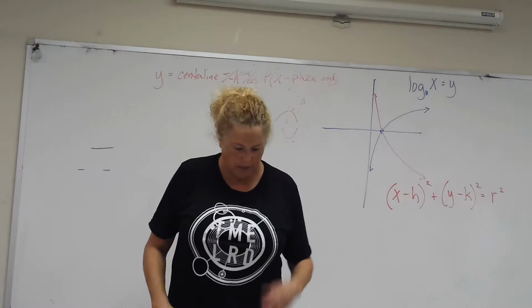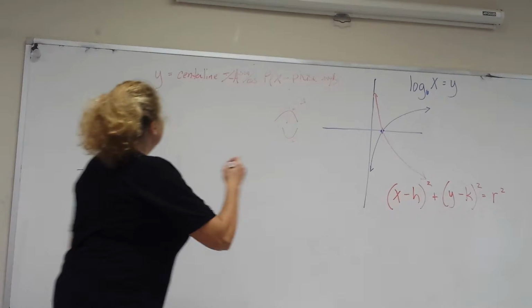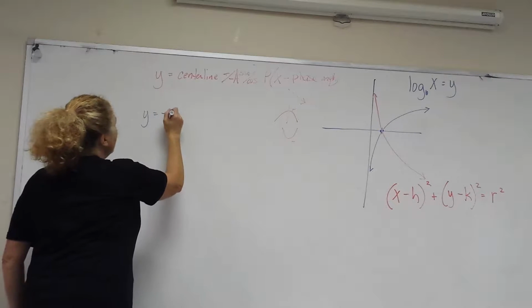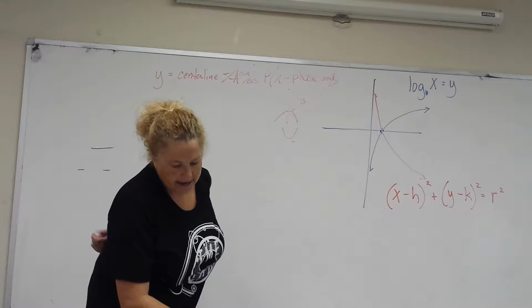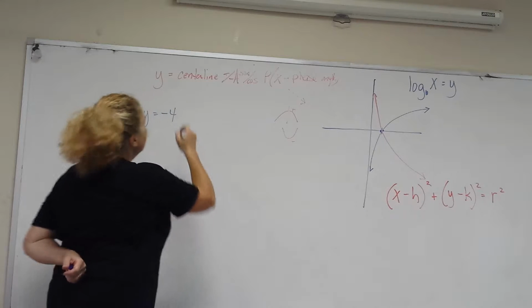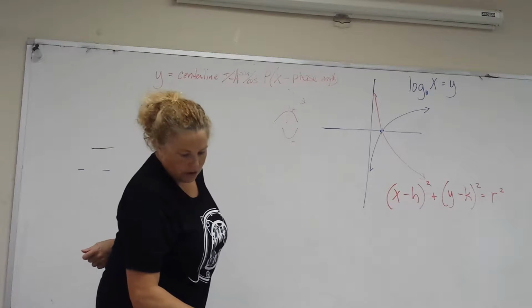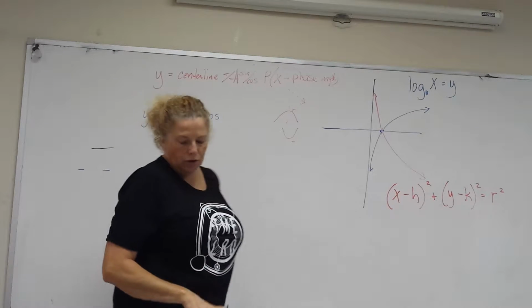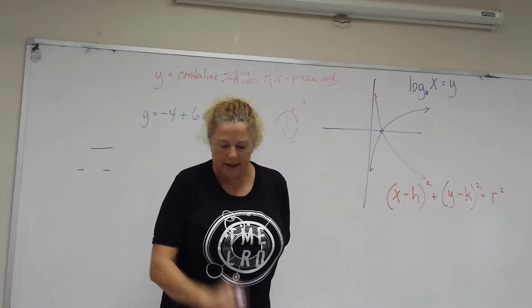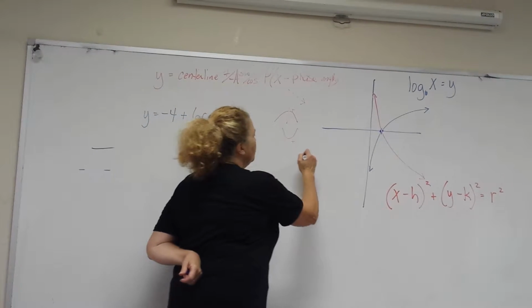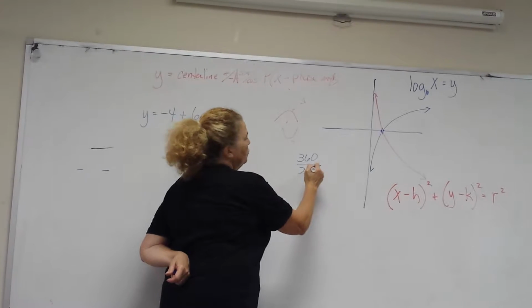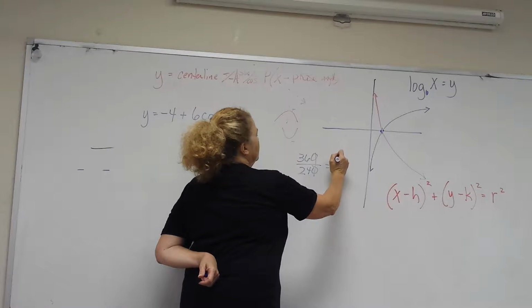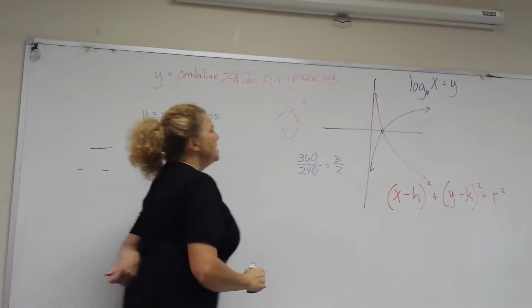Okay, let's finish this one up. You would have y equals the center line, which is -4. And since it's a cosine function, you'd say plus, and it gives you the amplitude, 6 cosine. And then you do your period number, which is always 360 over, so 360 over 240, which would be 3/2, right? So it would be